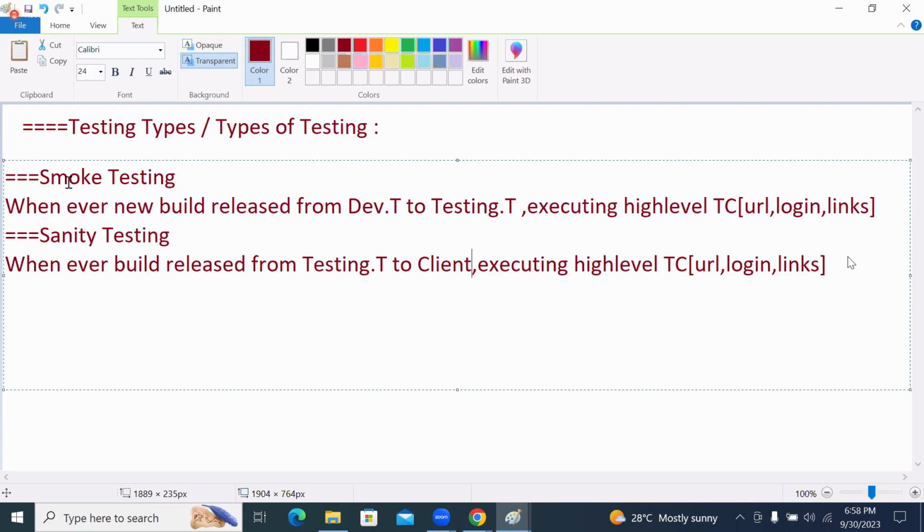Smoke testing, when do you have to perform it? When you have to perform smoke testing: whenever a new build is released from the development team to the testing team. When you have to perform sanity testing: